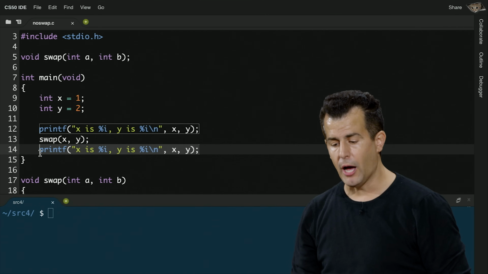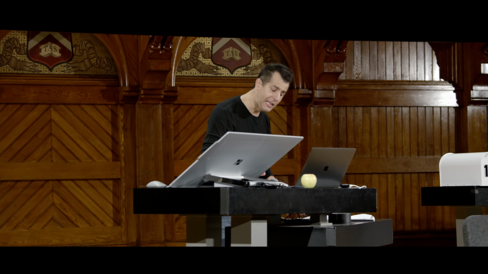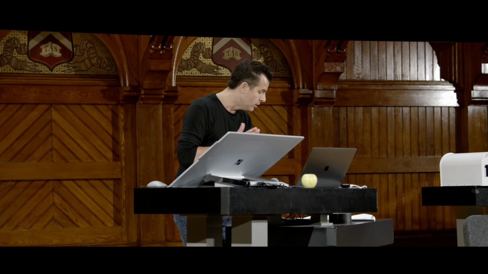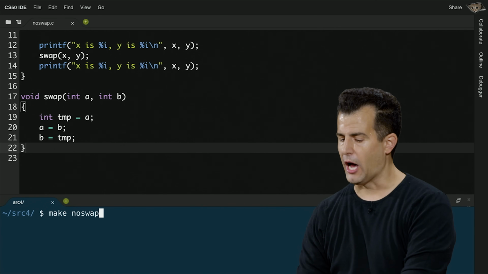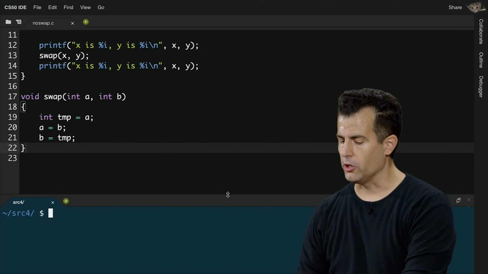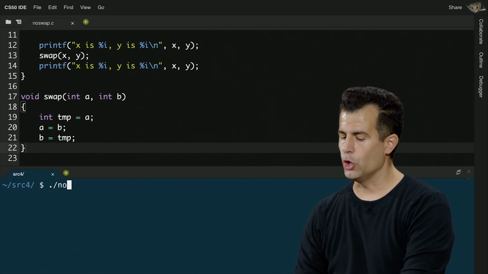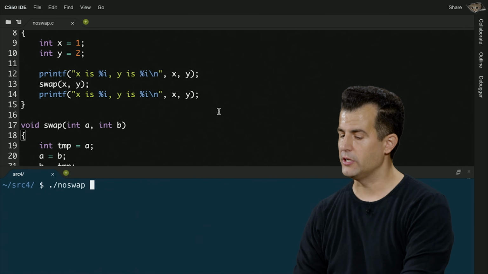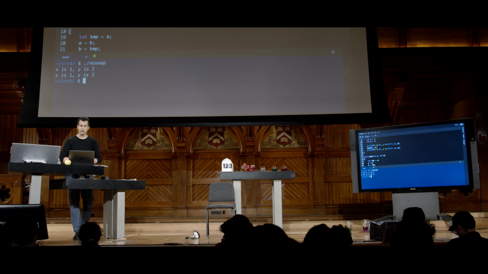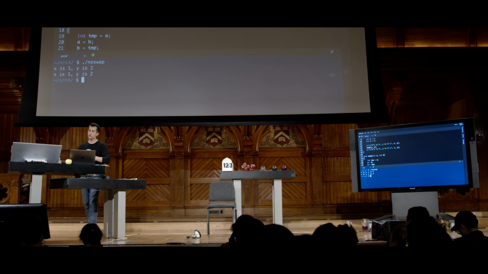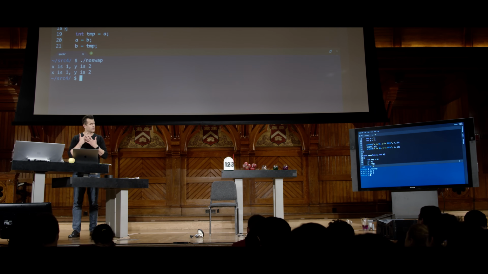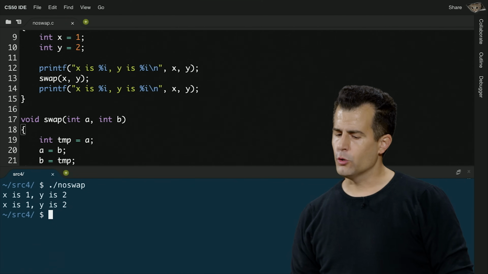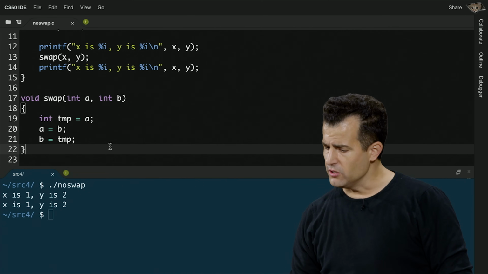So how do I implement swap? Well, it would seem to be, with this same code, using a temporary variable or temporary glass, just as Farrah did for the two liquids. Unfortunately, when I go ahead and run this program, NoSwap, and its name alone is a bit of a spoiler, if I run ./noswap with x and y hard-coded to 1 and 2 respectively, you'll see that it runs and says x is 1, y is 2, x is 1, y is 2, thereby clearly failing to swap. But if you're in agreement with me, this feels like it's correct.